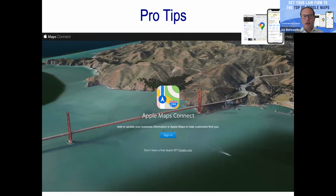So the last section here I call our pro tips. And these are some advanced things that people don't generally think about. Also super important, and increasingly important. As a matter of fact, Apple in the last maybe 3 months has improved the whole Apple Maps setup. So Apple Maps is starting to look a lot more like Google Maps. And a lot of people who use Apple phones, obviously Apple defers them to the Apple result. So if you don't actually change your search to Google search, they just default you on a search result to